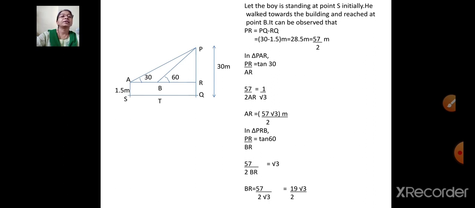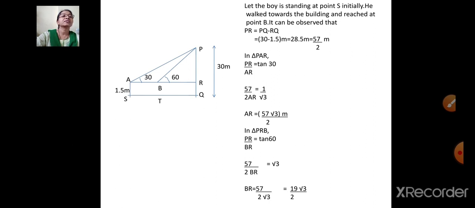See from the diagram. Now PQ length is given to you, that is 30 meter, the height of the building, and QR is the side opposite to AS, so that is 1.5. Both the values are known to you, substitute there. So 30 minus 1.5, that is equal to